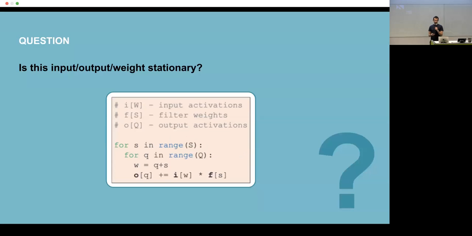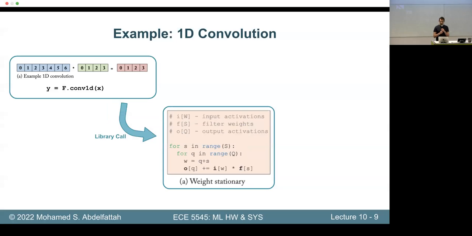And so one question now is, which kind of data flow is this? So if you look at this code, is it weight stationary? Is it input stationary? Is it output stationary? What do you think? Weight stationary. Who agrees with that? A show of hands. Okay, half the class. Okay, so yes, it is weight stationary